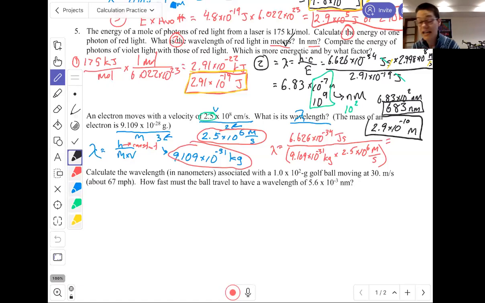That is a really small wavelength, and it's not a wavelength that anything you would actually be able to see, but that would be the wavelength of an electron. There it is, the wavelength of an electron. In terms of all of those units canceling out,